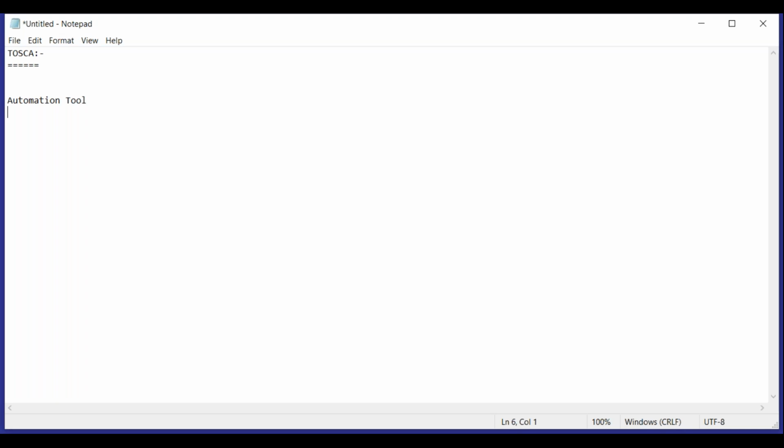It's scriptless, and there is no coding in this tool. It supports more than 250 applications.